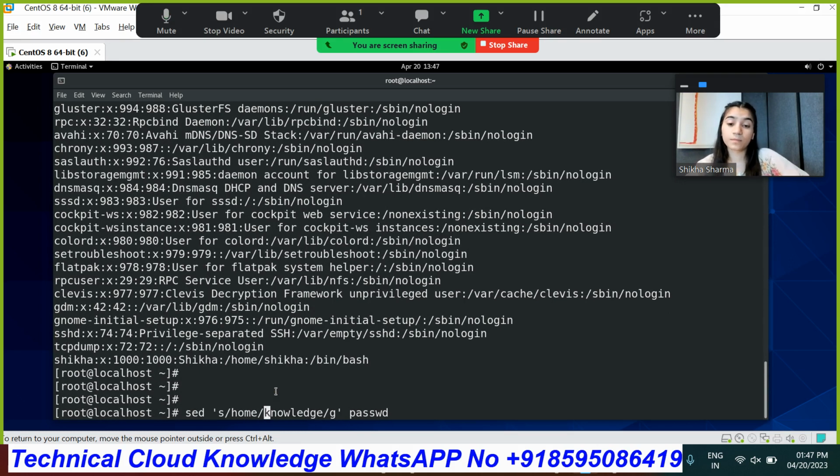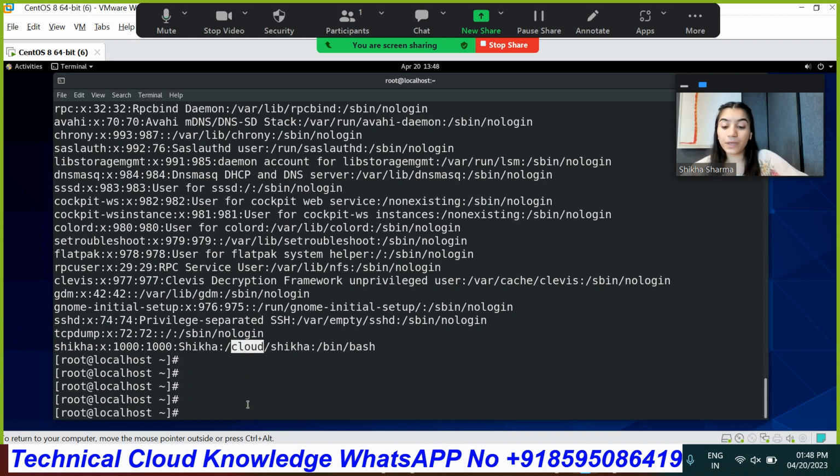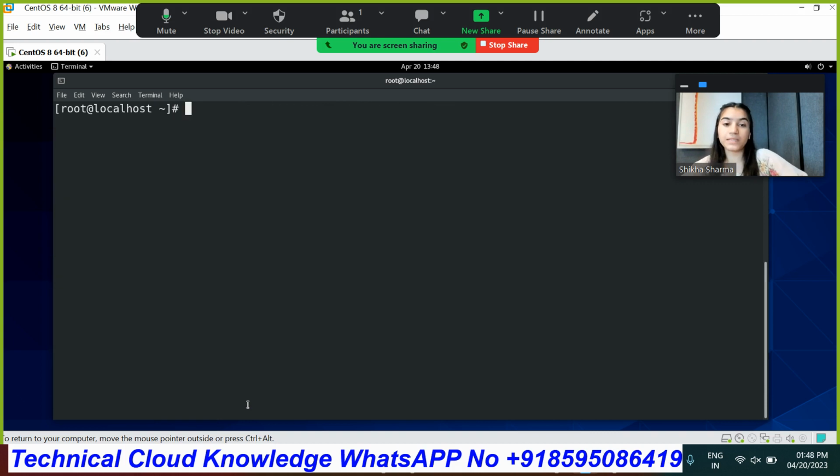Write home and write cloud. So when you check it, you will be able to see that at the last line of the content, the word home was coming and it has been changed into cloud. That's how we replace a specific word with another word by using the sed command. Okay,